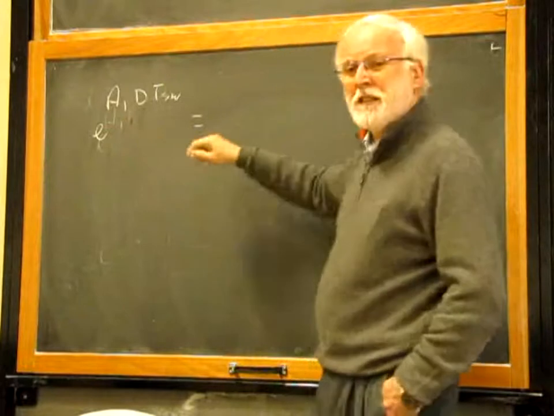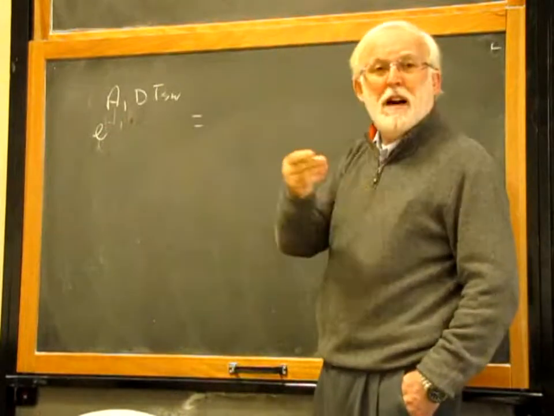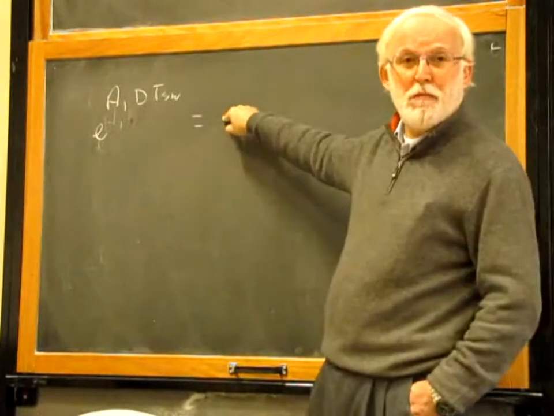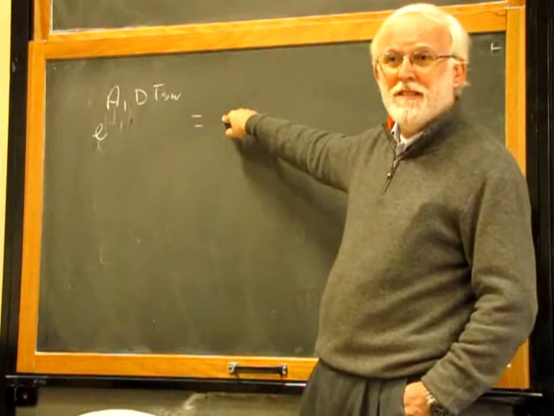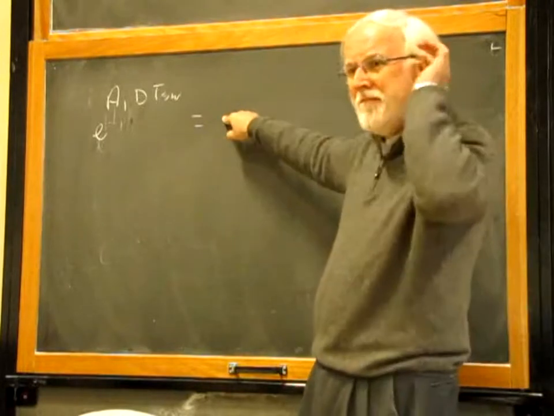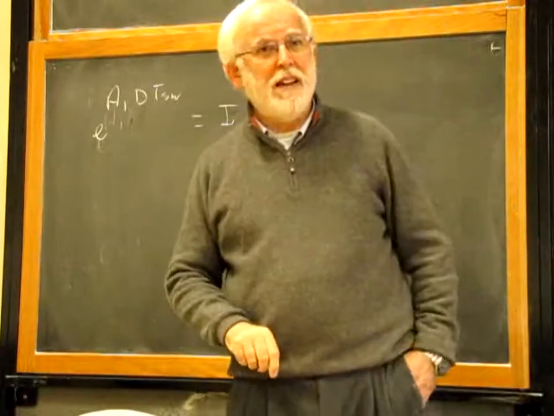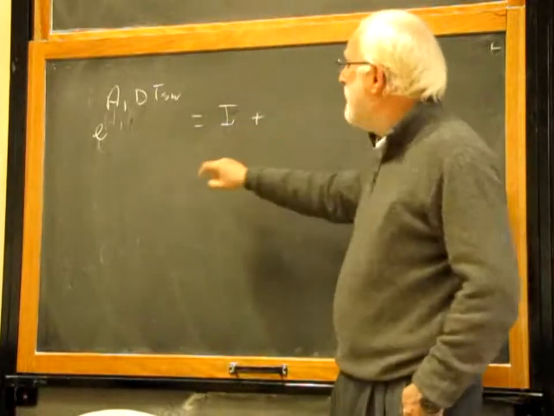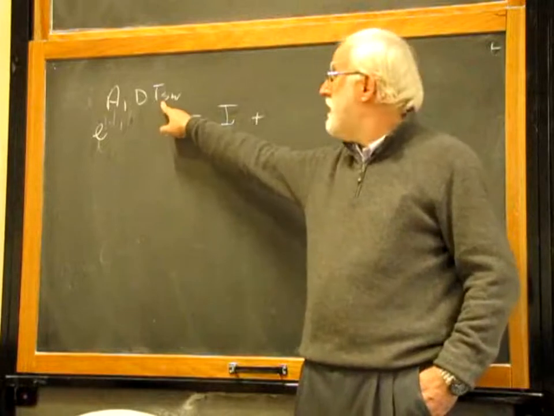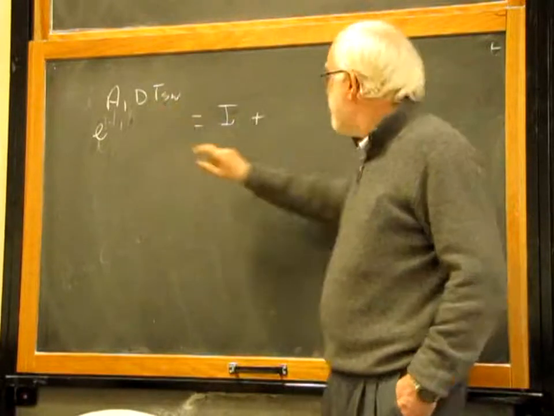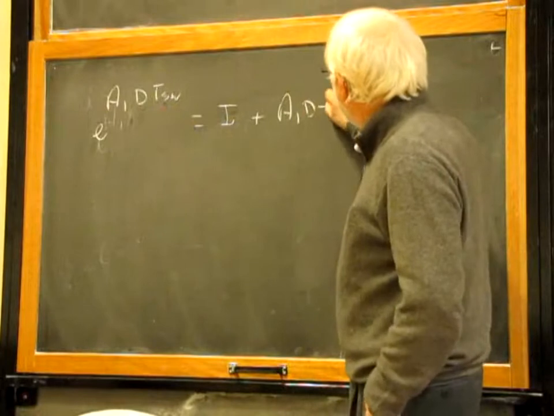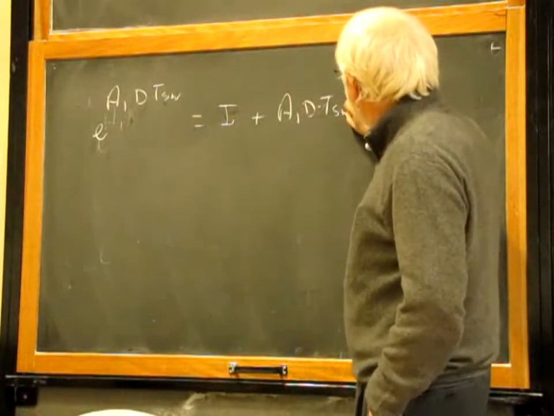What is the expansion of an exponential? 1 plus, we cannot write here 1, we have to write here the identity matrix, I, big I, plus this A1 bit discrete, plus